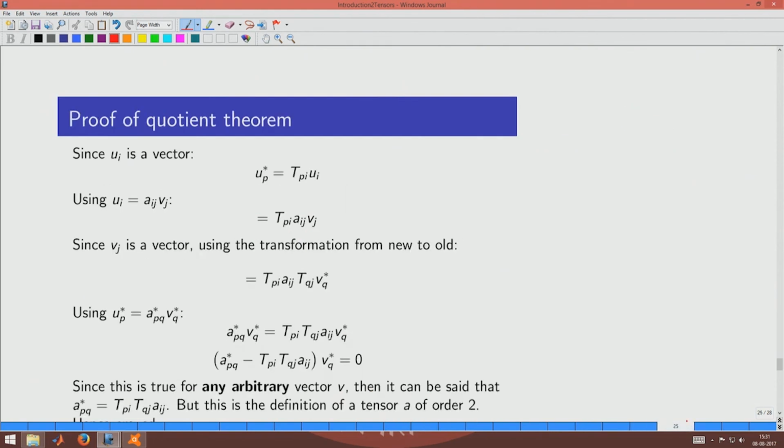Okay. Now, the proof of the quotient theorem is given here. The proof is actually like this. You go step by step. First, we say that because u is a vector, we write this. This is nothing but the definition of u as a vector. Every vector has to follow this definition, and then we say that in every coordinate system u is written